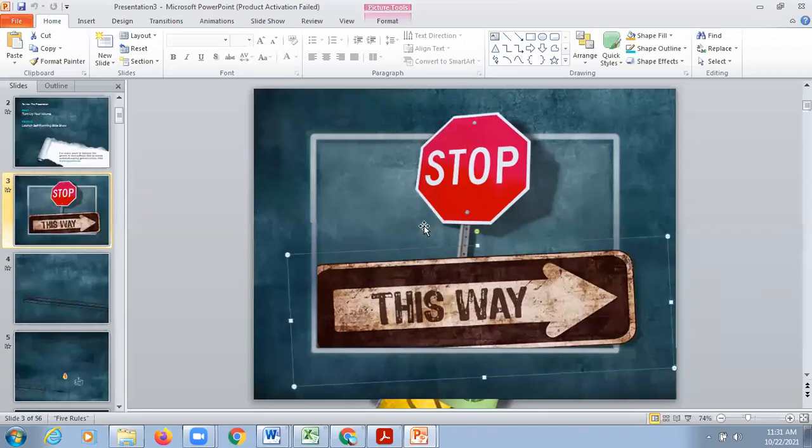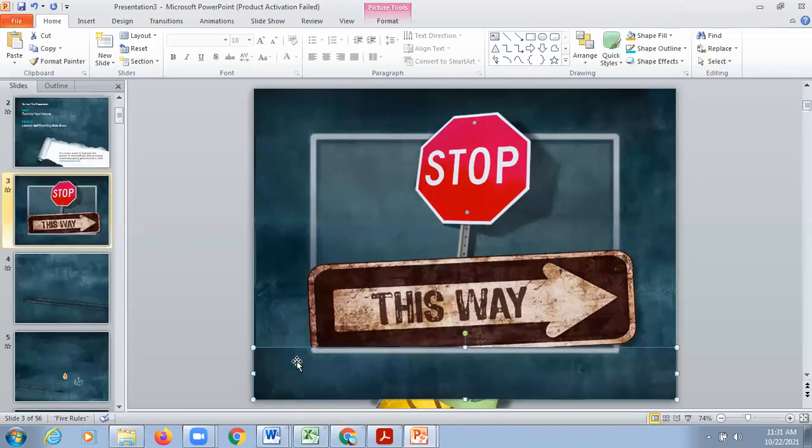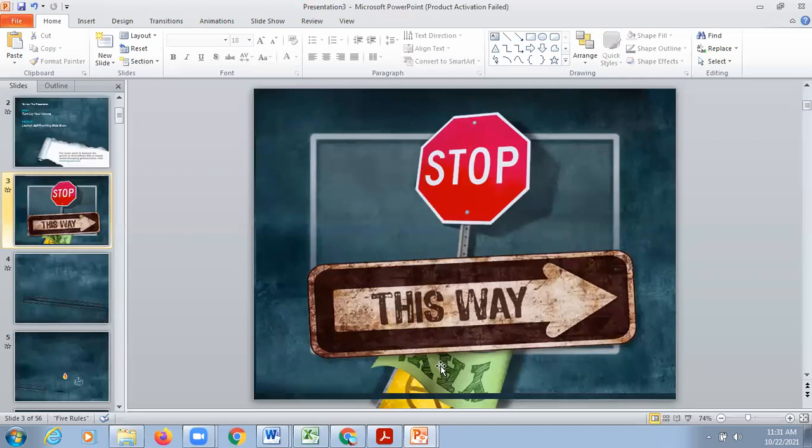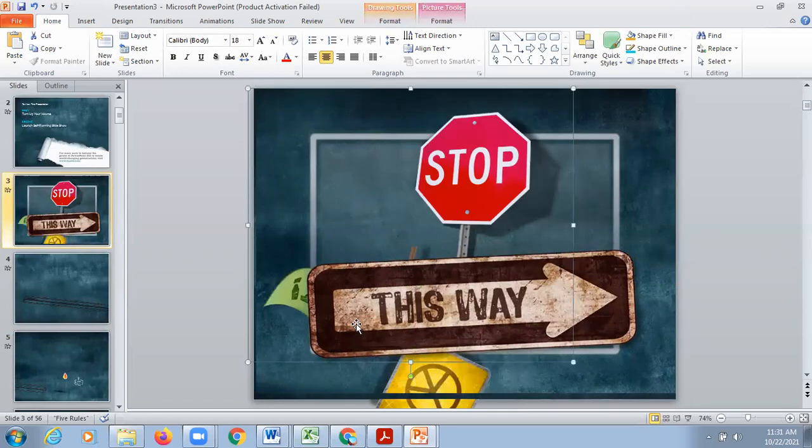Like let's say if I wanted to remove this picture, I can just simply click that part and it will get deleted. Right? Or if you wanted to change anything, you can make the changes. So this is a template. Now how to make a blank presentation?